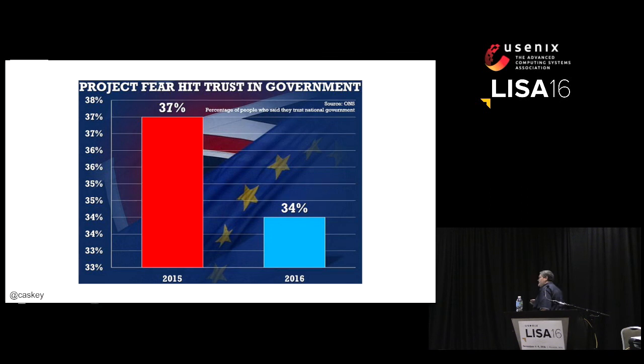But what's interesting is in British politics, are red and blue used to denote conservative and liberal? Red's left wing, blue's right wing. Because interestingly, even though we're showing data from 2015 to 2016, and the percentages are changing, and the hidden baseline makes it look like it's huge, it's a 3% change, which in politics is a large number.